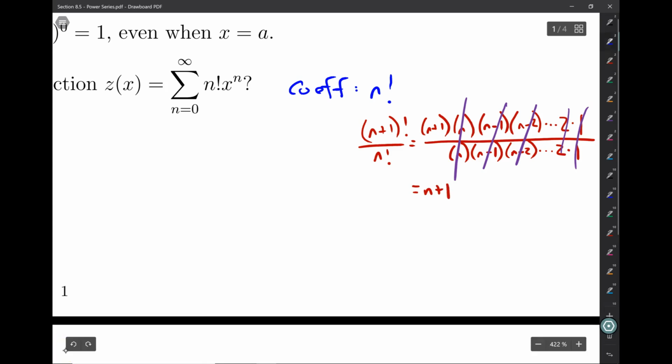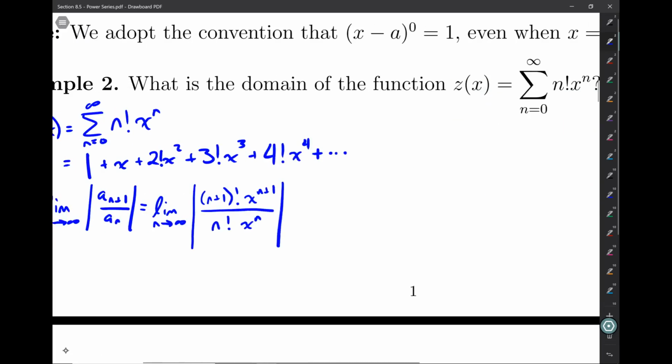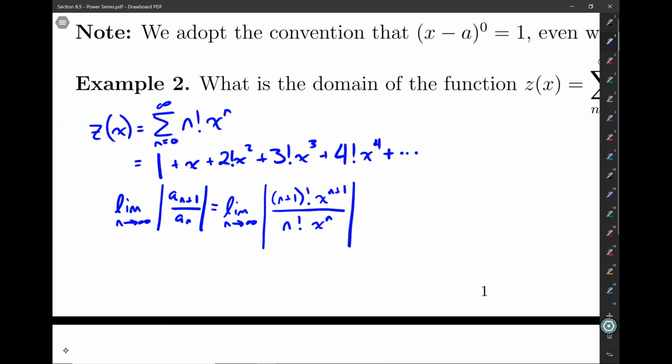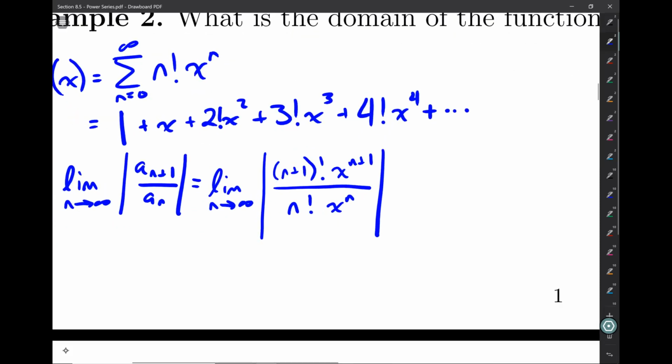Alright, so now that we've determined that n plus 1 factorial divided by n factorial is simply n plus 1, we can come back over here, and we can see that we're going to get a good amount of cancellation here. When we look at this limit, we're left with the limit as n approaches infinity. Well, n plus 1 factorial over n factorial, that's just n plus 1. x to the n plus 1 over x to the power of n, that's just x. And so when we're looking at our limit, we're going to be left with the absolute value of n plus 1